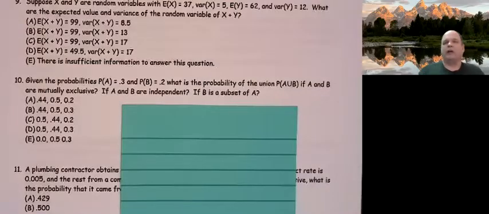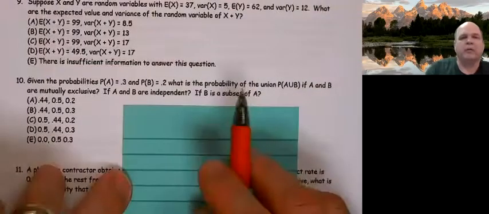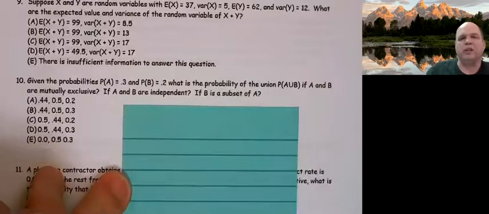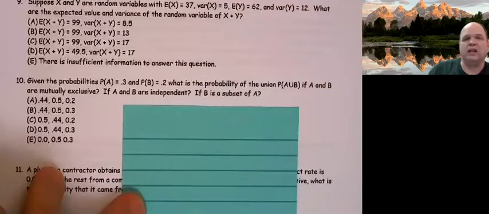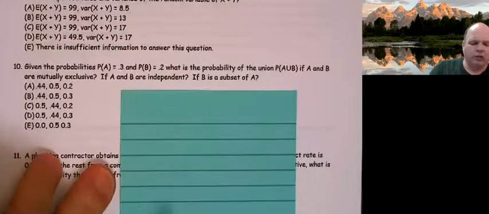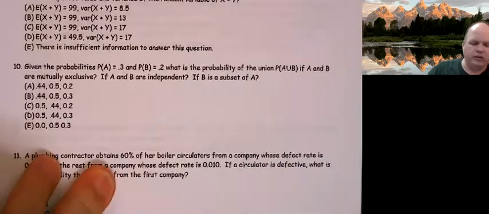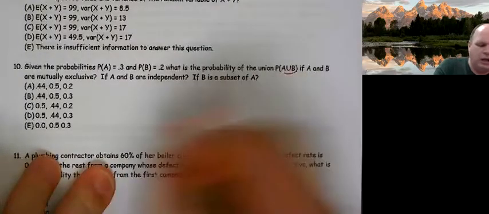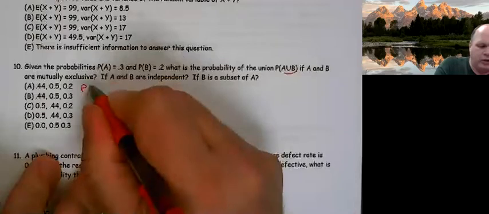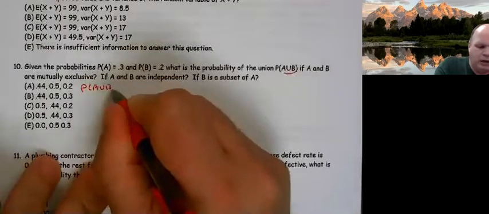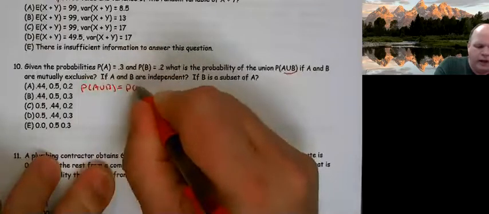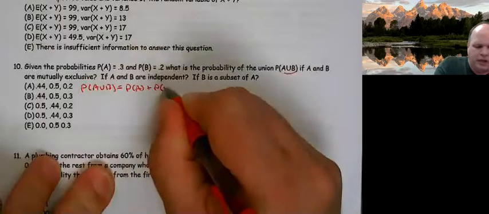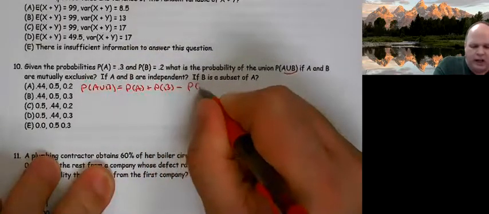All right, so this is death packet problem number 10. It says, given the probabilities A equals 0.3, B is 0.2, what's the probability of A union B if A and B are mutually exclusive, if they're independent, and if B is a subset of A? So first off, as soon as I see A union B, I'm going to go ahead and write down the addition rule. A union B equals the probability of A plus the probability of B minus the probability of A